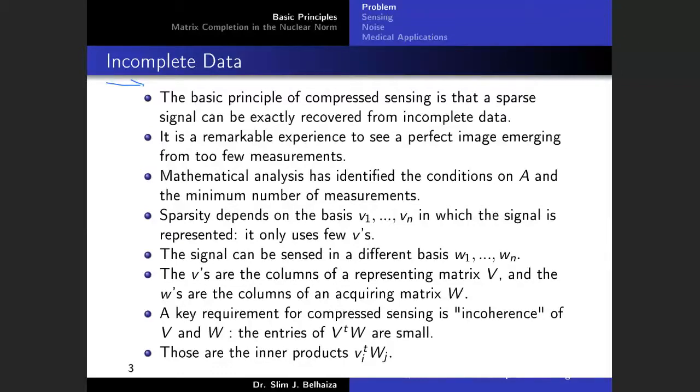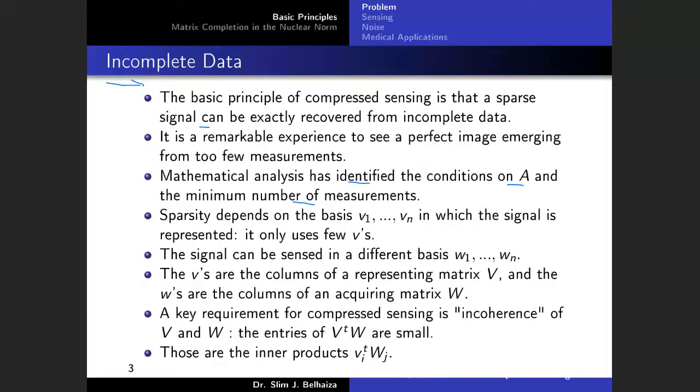So the basic principle, in fact, of compressed sensing is that a sparse signal can be exactly recovered from incomplete data. How come? It is remarkable, in fact, it is a remarkable experience to see a perfect image emerging from too few measurements. A measurement, whether it's a medical image or in fact, a photography image. So in fact, mathematical analysis has identified the conditions on A and the minimum number of measurements needed to make something